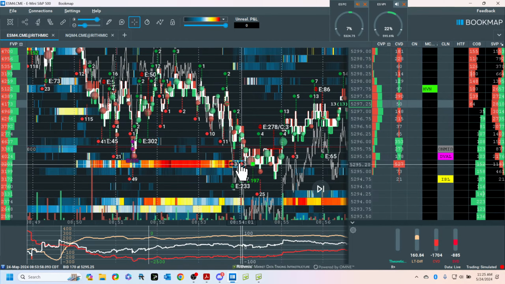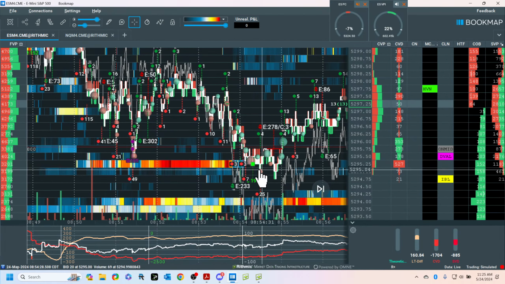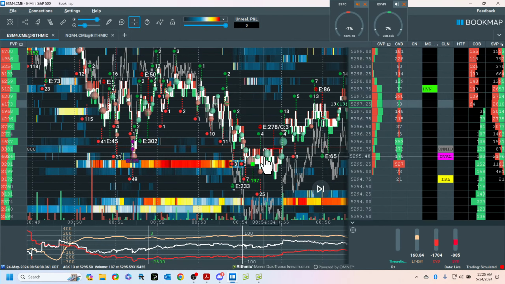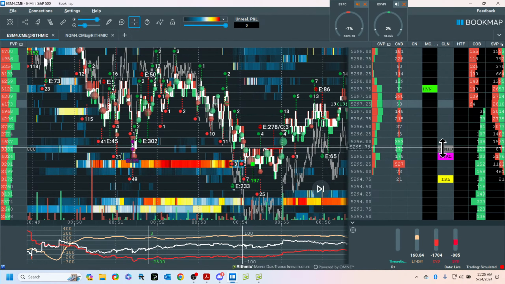So this is the limit. This is an iceberg limit order. Okay, so they got filled here. There's your absorption. So you got all these pieces, and you got to study this to understand what you're seeing in the order flow. And what makes it material? Overnight mid. Otherwise this is just out in space, you know.